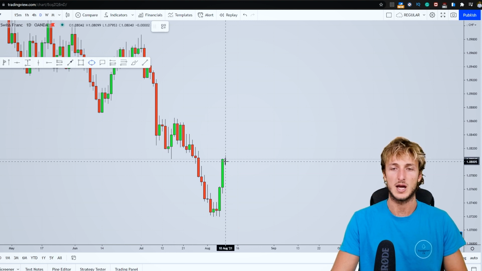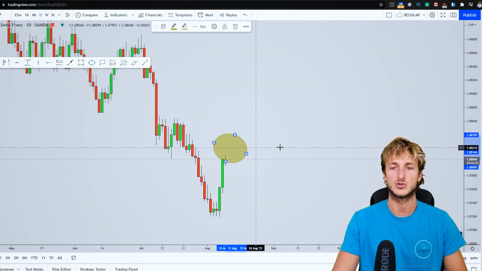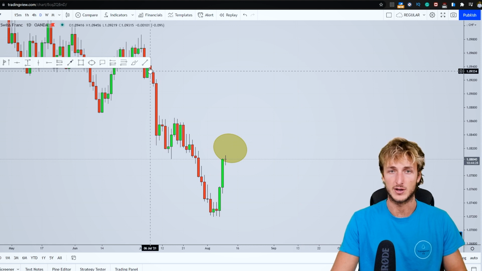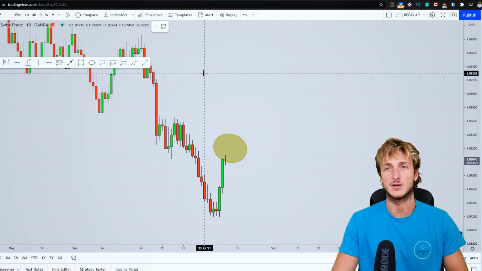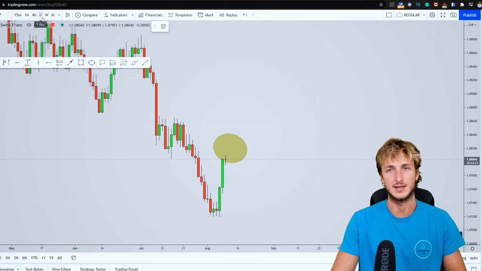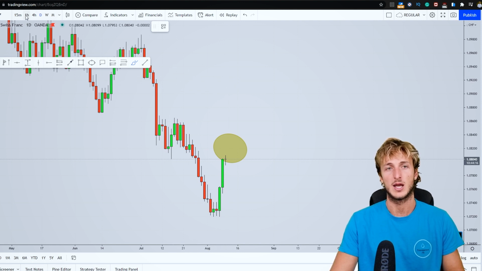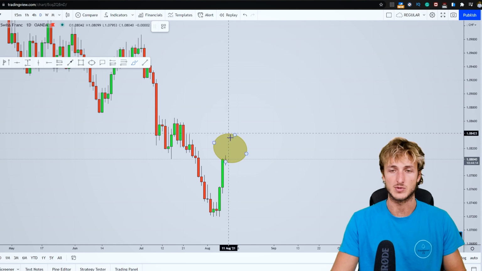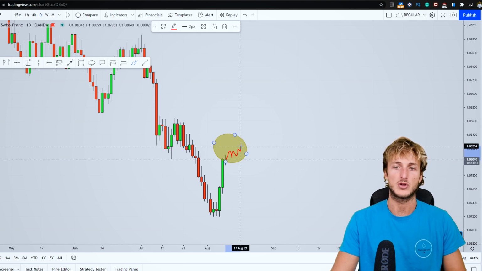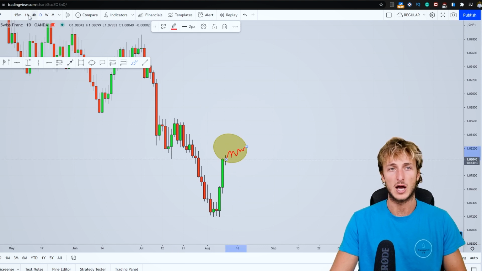So how will we be approaching this potential short-term shorting opportunity here on the pair? Now, as usual, we will be reactive and not predictive. The monthly, weekly, and daily, those are the best time frames from a directional perspective. However, when it comes to confirmations and entries, the best time frames are the 4-hour and the other intraday time frames. So with students, we will be monitoring price action from a 4-hour perspective and lower,